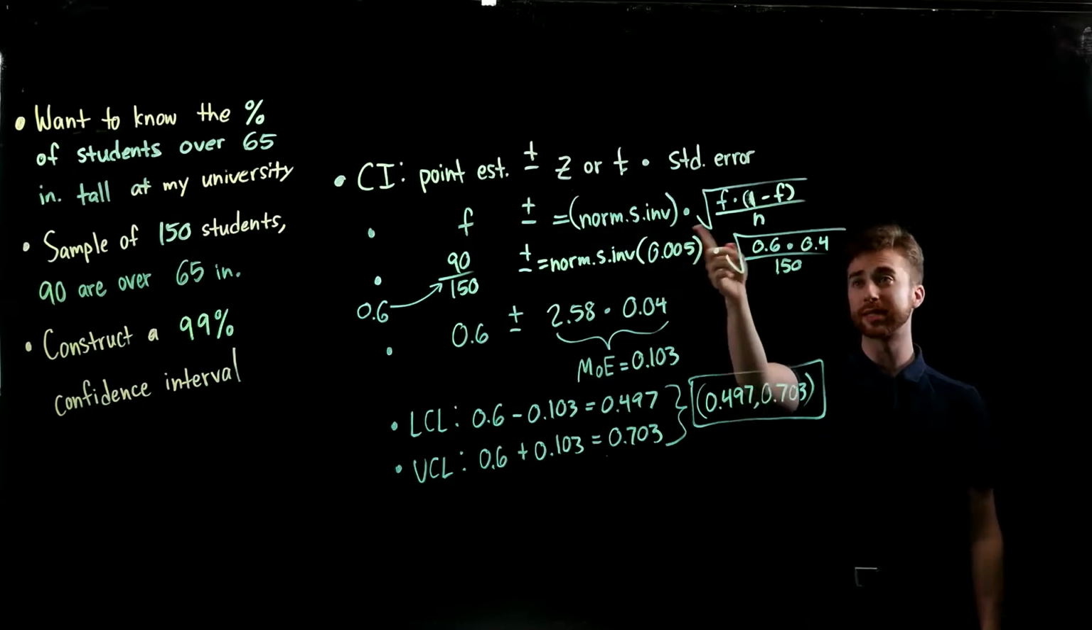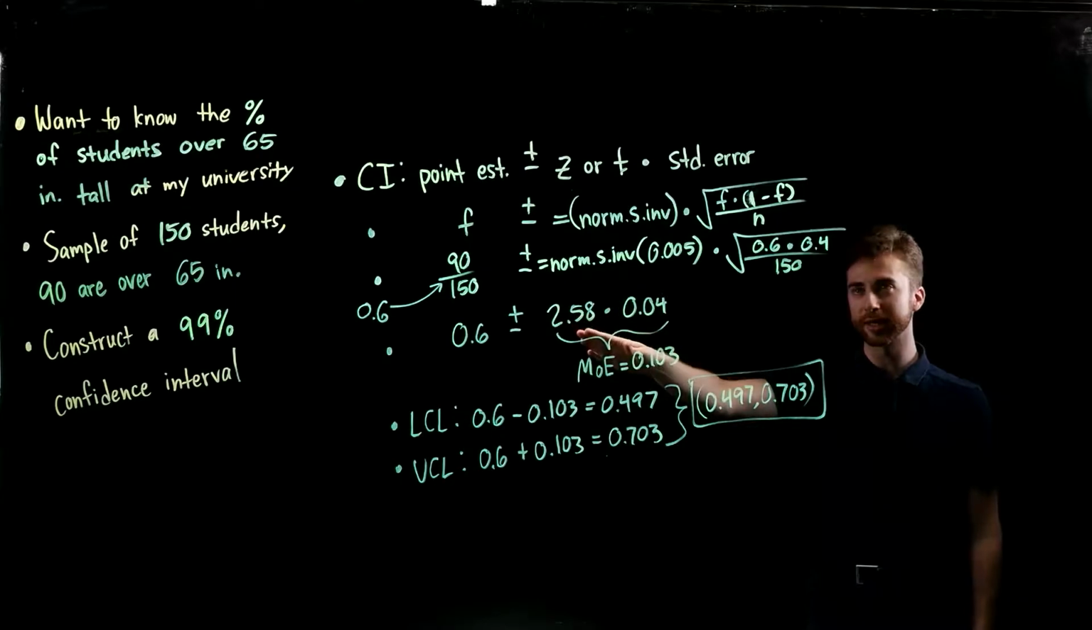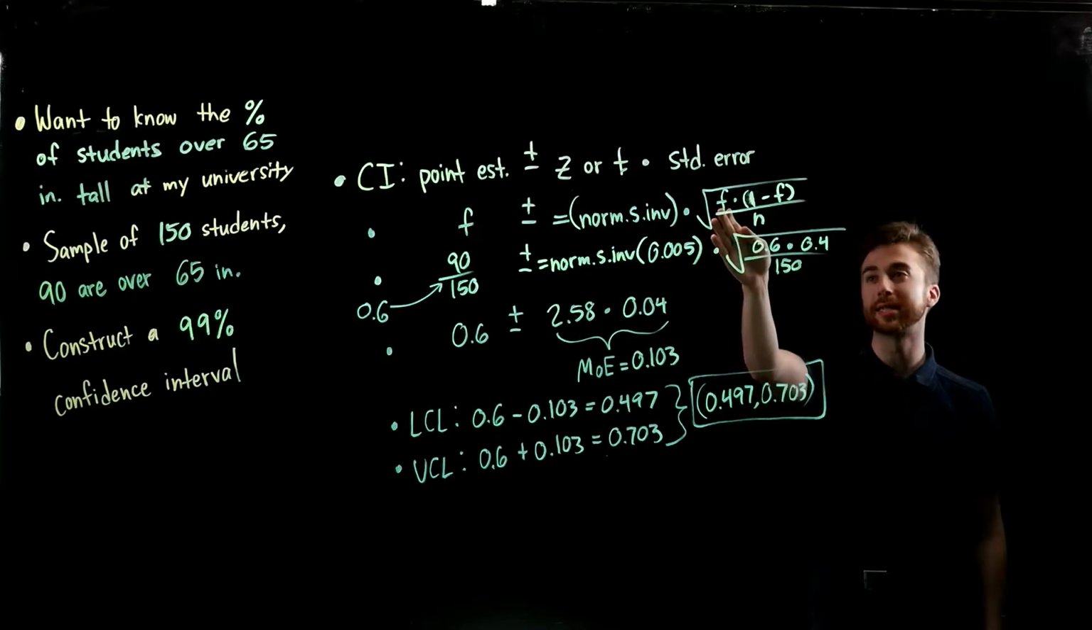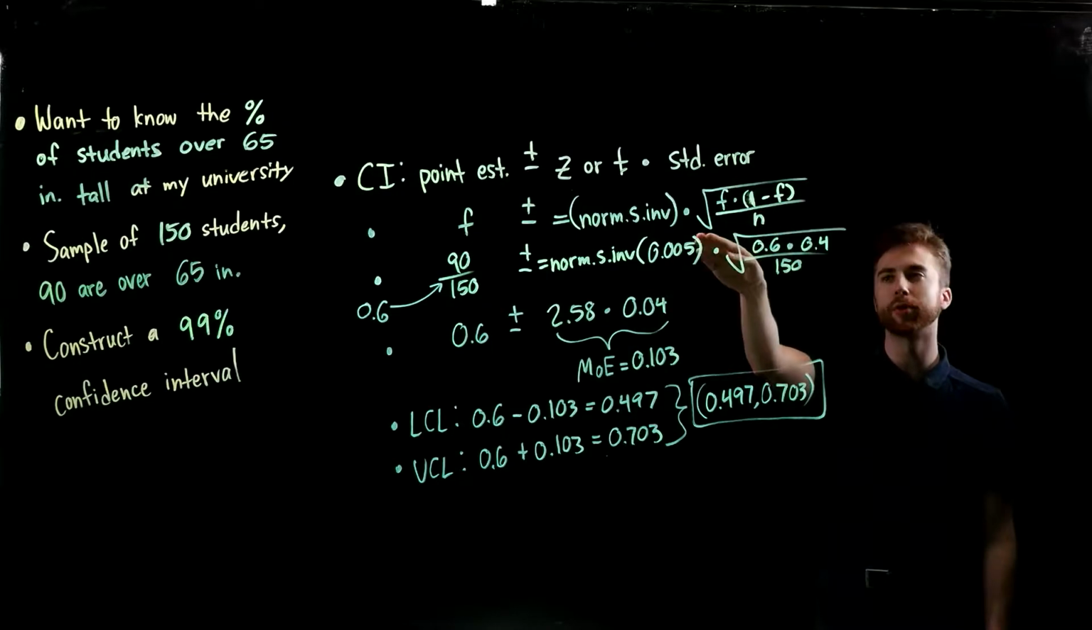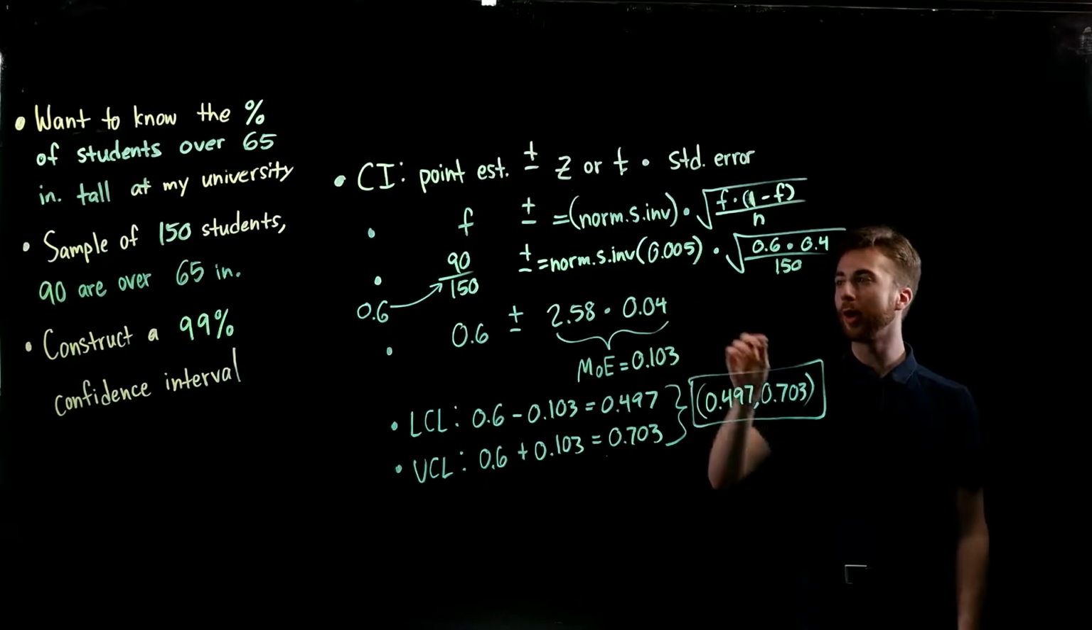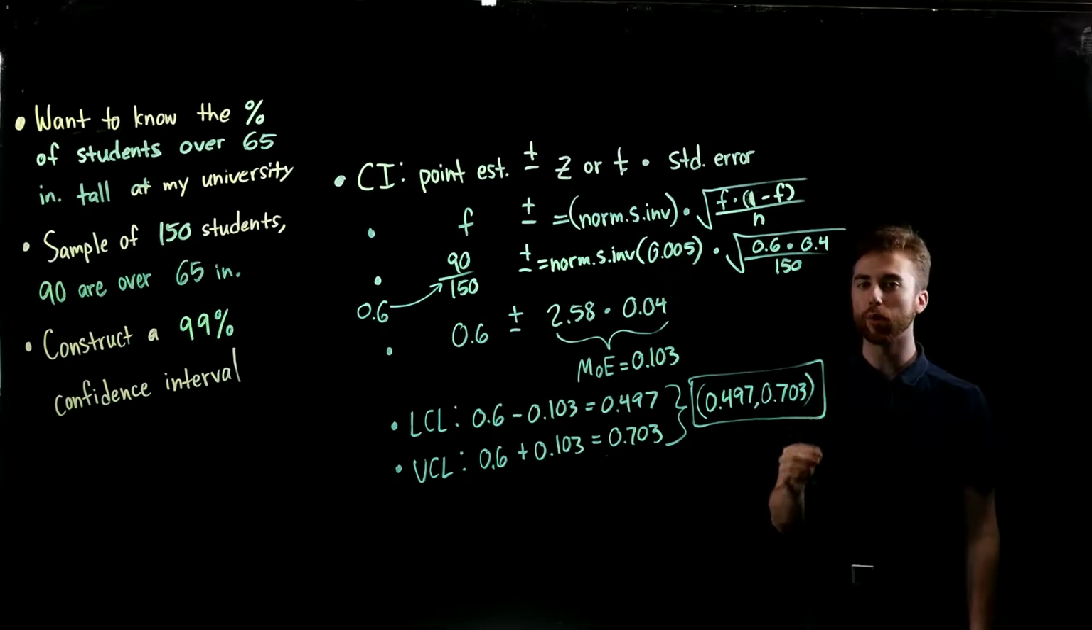And then finally with the standard error, whenever we're dealing with a proportion-based problem, still solve for standard error, but it's a different formula. Big square root, the sample proportion times 1 minus the sample proportion, divided by n, square root of all of that. So to plug into that, our f is going to be 90 divided by 150